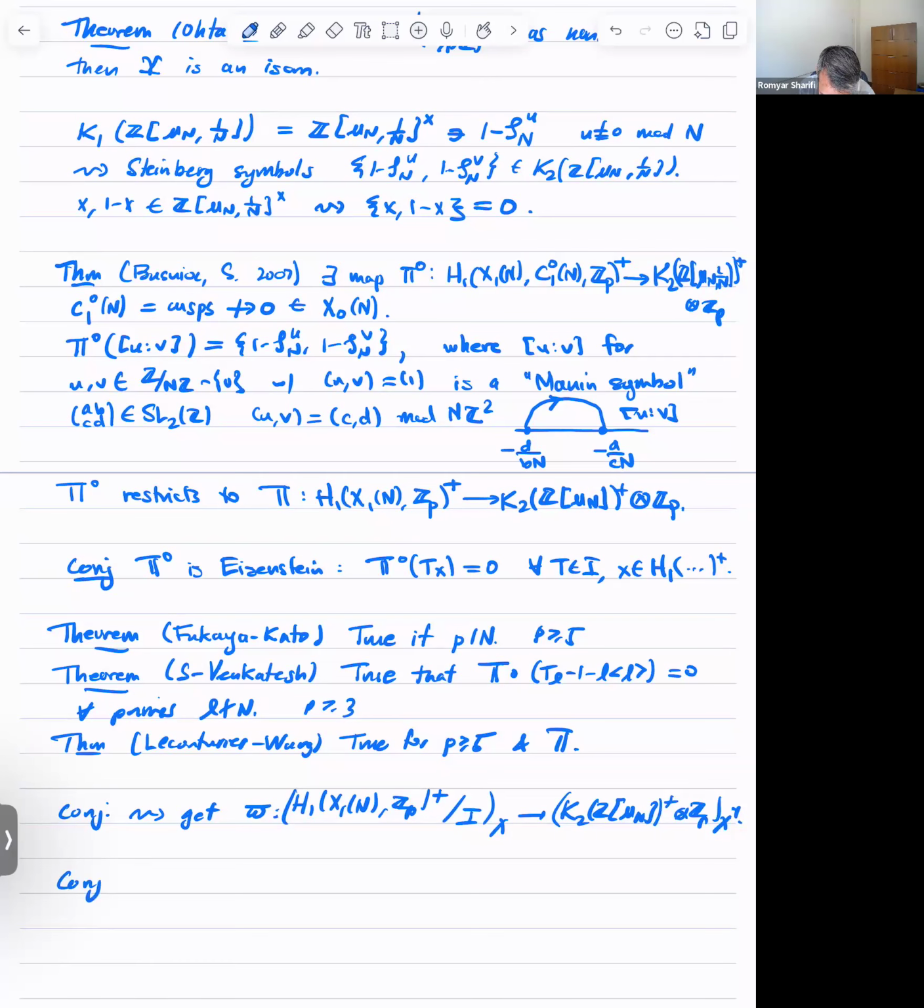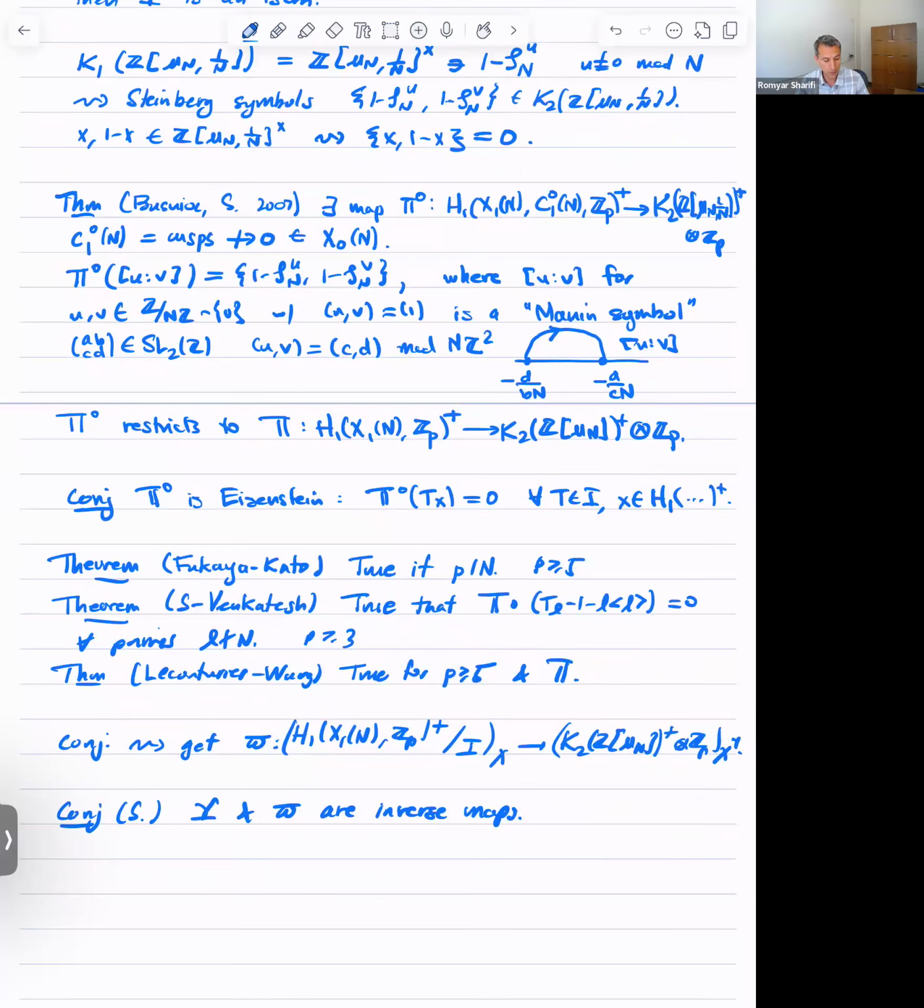So here was my conjecture from 2011 that these two maps are inverse. So not only is upsilon an isomorphism, but it's inverse to this particular very explicit map between symbols. And then the theorem of Fukai and Kato, maybe very slightly improved, but this is minor, by the three of us,